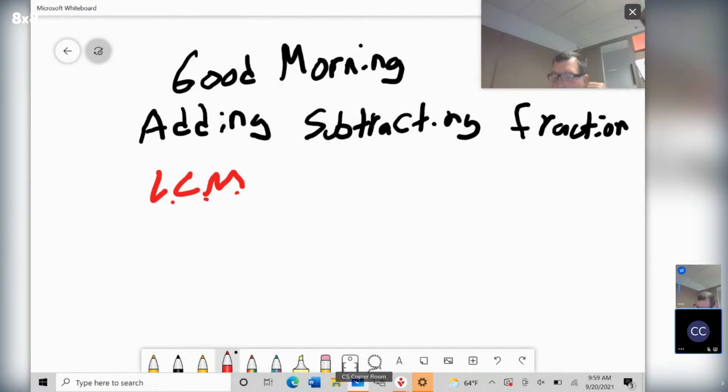Okay, guys. So on Thursday, I posted a worksheet about least common multiple. And that's going to be important that you understand the least common multiple when we are looking at adding and subtracting fractions. So we'll start with some basic numbers. So if we have like 4